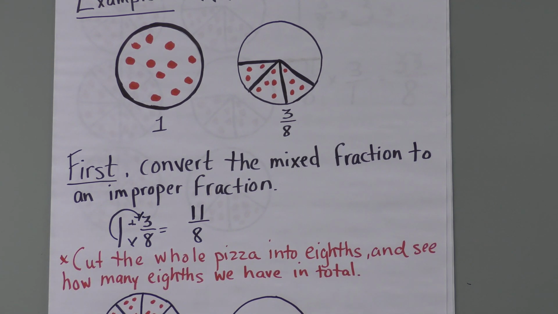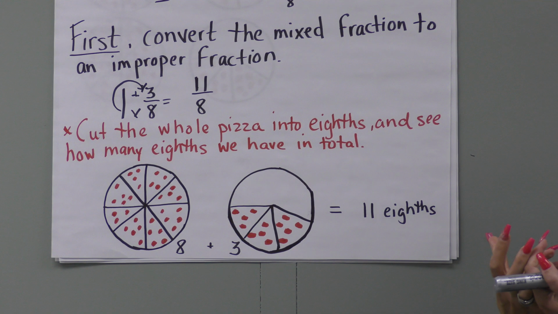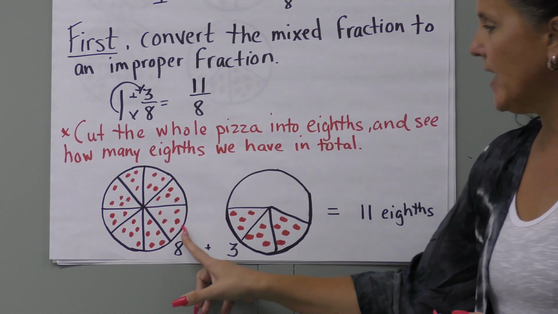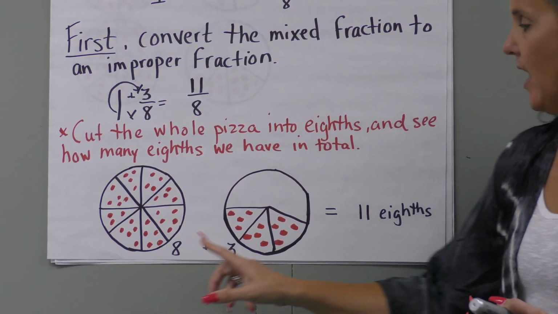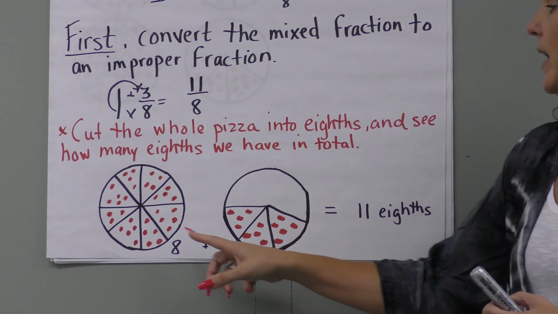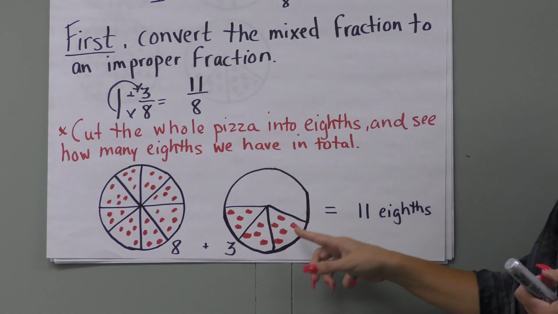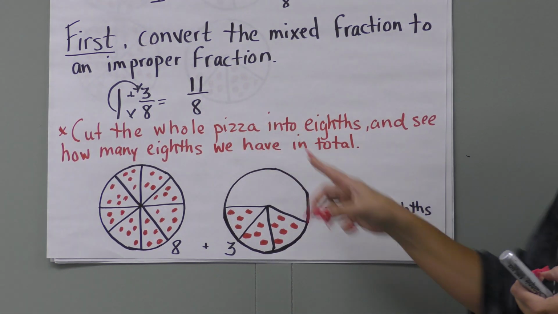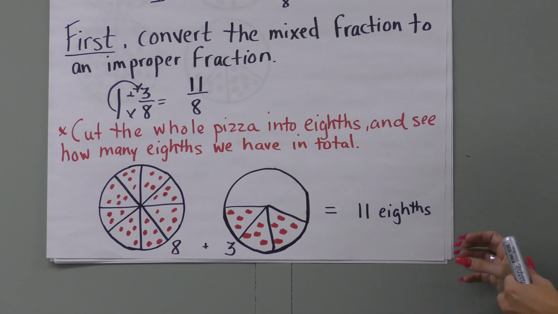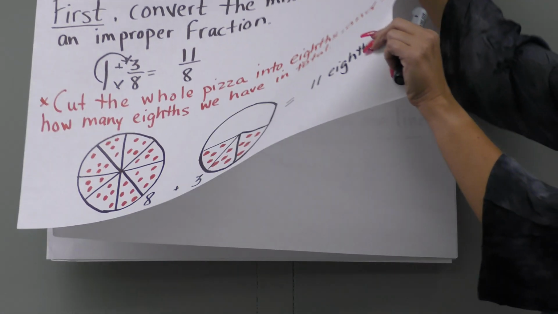So if we cut the whole pizza into 8s, we can see how many 8ths we have all together, right? So here's our one whole pizza in 8 slices. Then we have these 3 additional slices of this pizza. So we have 8, 9, 10, 11. So that looks right. That's what we had here, 11/8. That's the same number. So we're going to use that 11/8 in our next